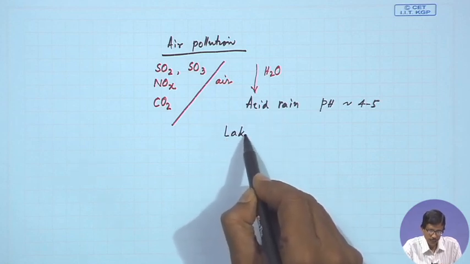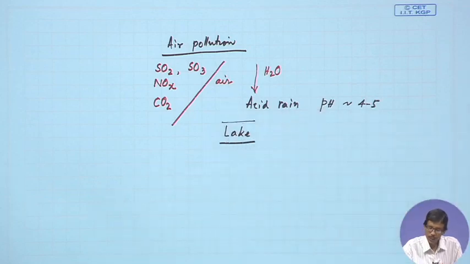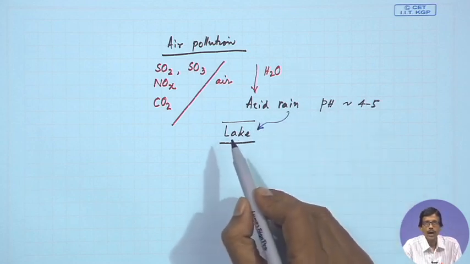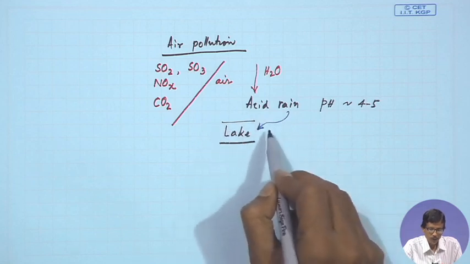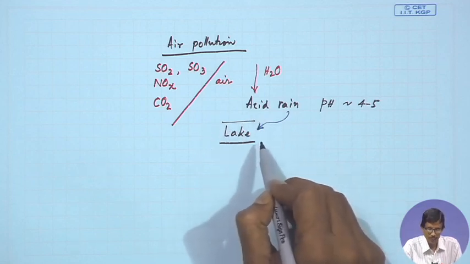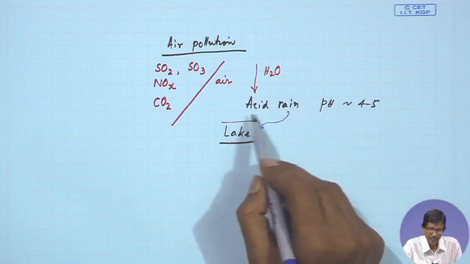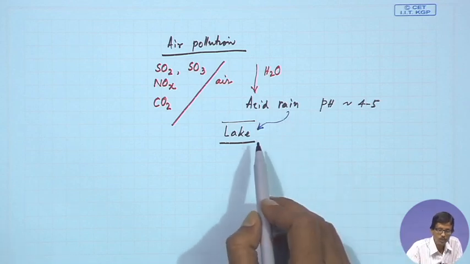There are several lakes available where we can have rainwater accumulation. So, what should be the defense mechanism for this lake against a change in pH? Because acid is supplied by the rain which comes out due to air pollution